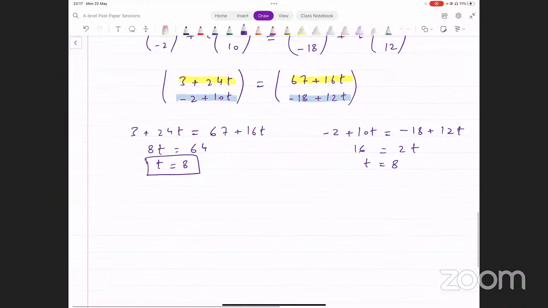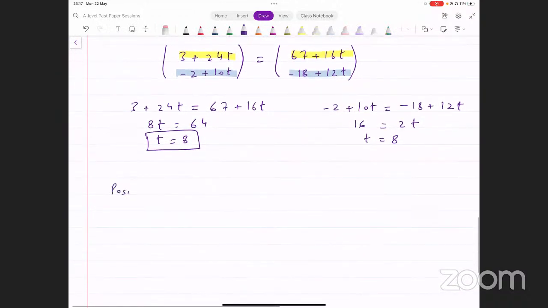एक चीज उसने ये पूछी थी। दूसरी चीज उसने पूछी, find the position where this occurs. तो पोजीशन के लिए आप क्या करोगे, इसके किसी भी इनमें से किसी भी एक वेक्टर में इनपुट कर दें, फर्स्ट में इनपुट कर दें या सेकंड में इनपुट कर दें, उससे आपको पोजीशन मिल जाएगी। क्योंकि दोनों की सेम पोजीशन है, it doesn't matter आप किस में इनपुट करते हो, दोनों से सेम रिजल्ट ही मिलेगा। लेट्स से हम फर्स्ट में इनपुट कर देते हैं